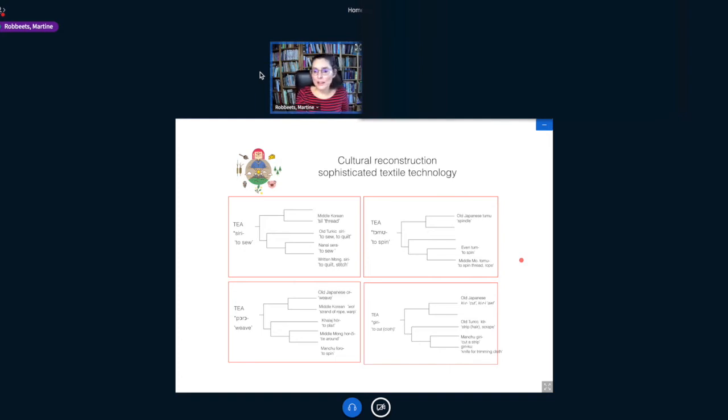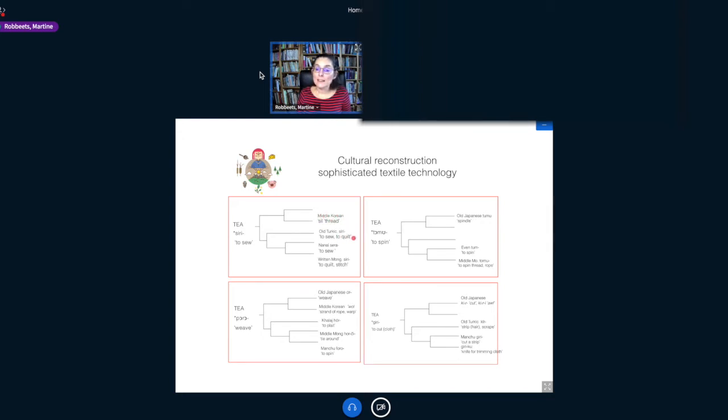So that's why spinning and weaving are considered to be a more sophisticated textile technology, because they're connected to more advanced Neolithic societies that already know agriculture. So in this way, you can use spinning and weaving vocabulary also as a kind of evidence that the people were agricultural. So the concrete etymologies here, we have no Japanese participant, but for instance, we have Middle Korean shil,